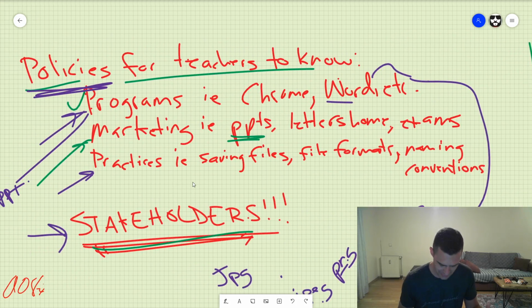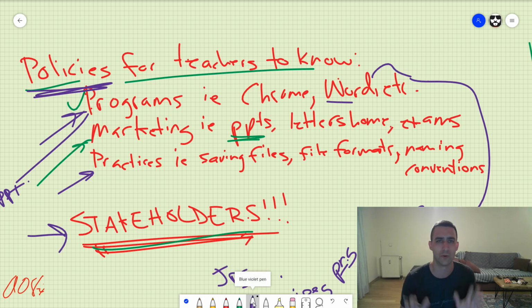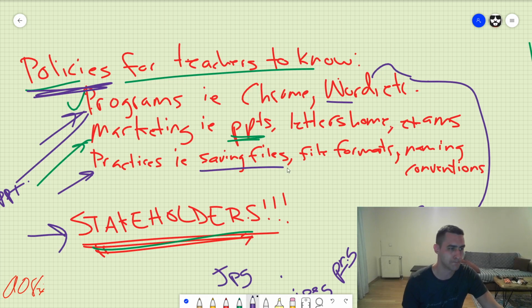Again, practices. This is another such simple thing that y'all can improve so quickly and easily. Saving files, for instance. Let's say we're using Microsoft OneDrive, right? When I open up OneDrive initially, there's nothing there. At least I don't think. I don't use OneDrive, but it's a blank drive as a teacher.